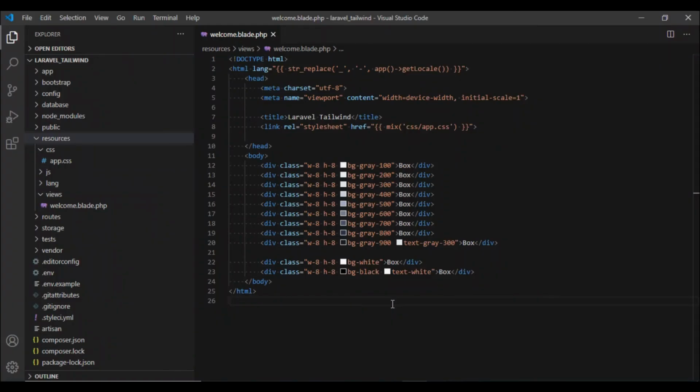So by now you would have some idea as to why Tailwind CSS is popular. So far we haven't had to check our CSS file, we haven't had to define our own classes, and just by looking at the HTML we have got a good idea as to what each class is doing. So if you are joining a new project, it is very easy for you to check what each class is doing just by looking at the HTML code. You do not need to go from HTML to CSS file to see the definition of each class.